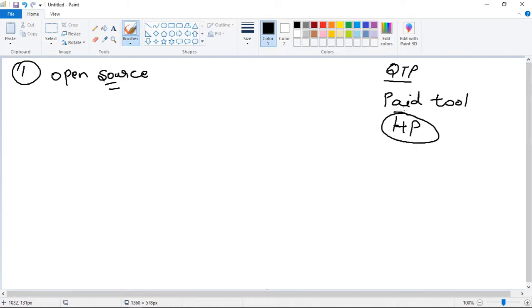So people are not going to prefer this much, but Selenium is open source, which means you have to pay zero money to use it. It is open source for all. You have to pay 0 rupees. Okay. So first of all, this is very important.